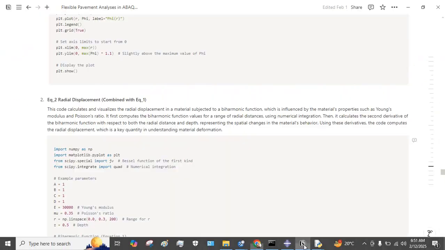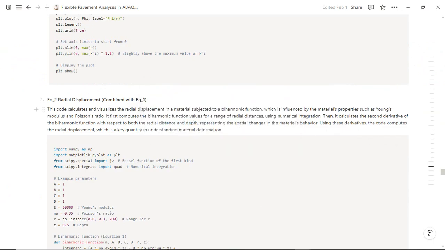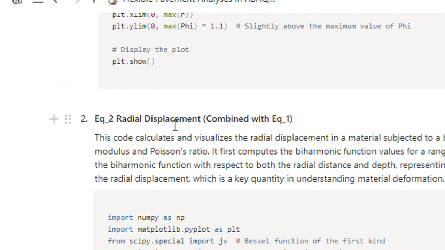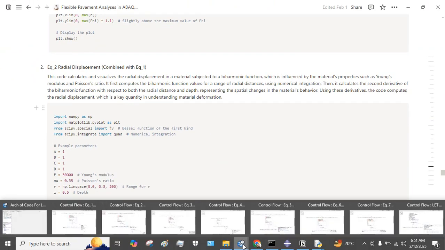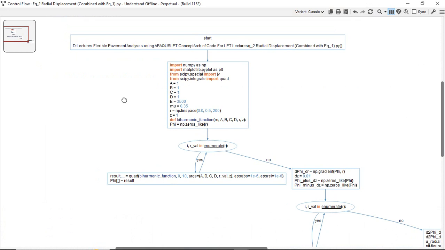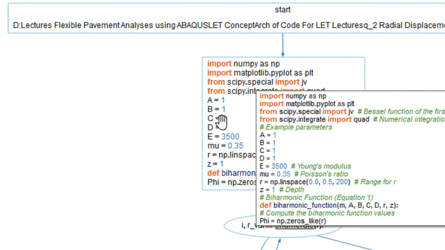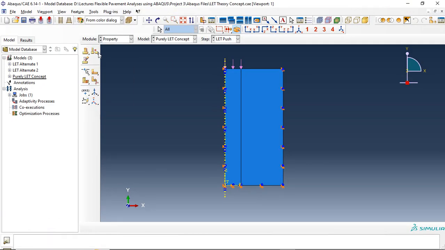If you are watching this video series and you have the course contents and this detailed lecture, you will find that this radial displacement code is the code that I am compiling here right now. The architecture of the code is very simple. The libraries are important, then these integration constants are defined here, but here we need the modulus of elasticity and Poisson ratio to define for the layer, and since in ABAQUS we are defining only a single property here,